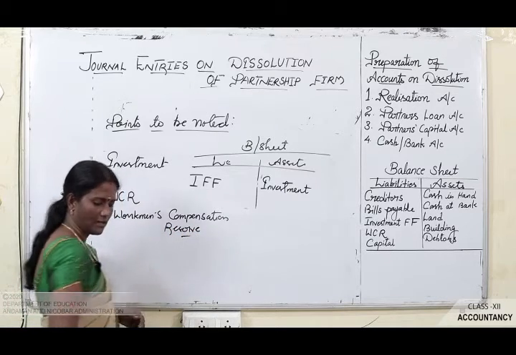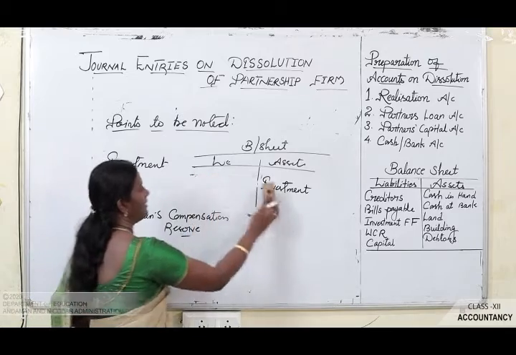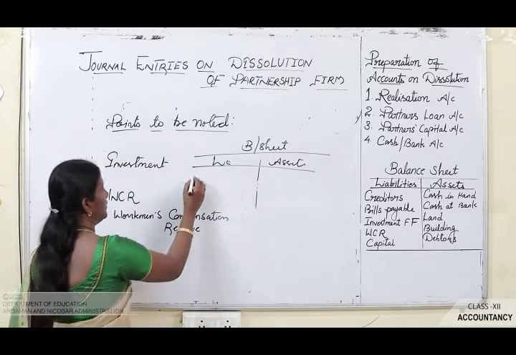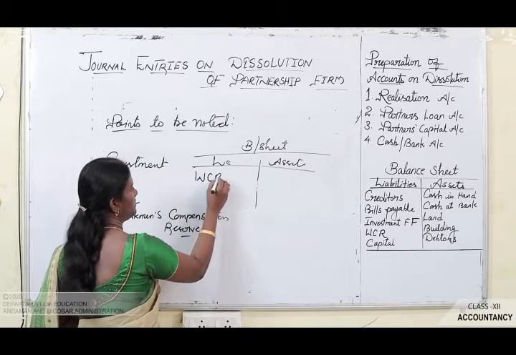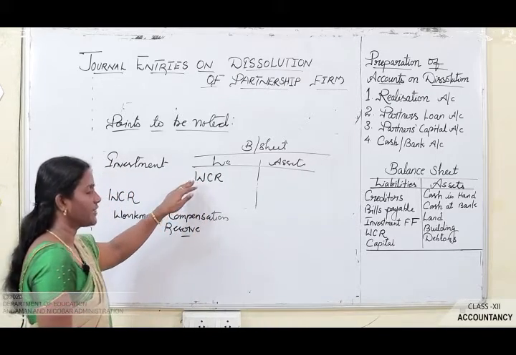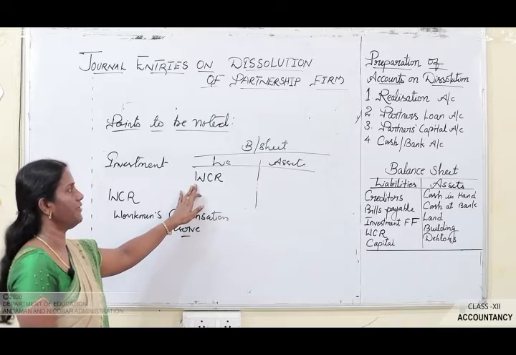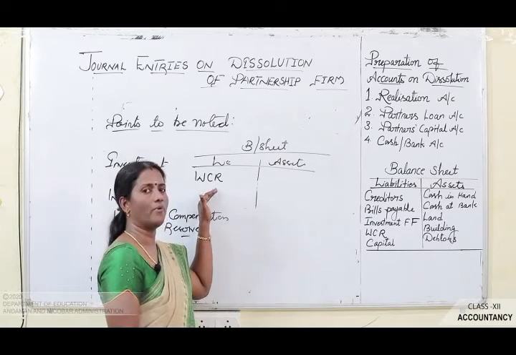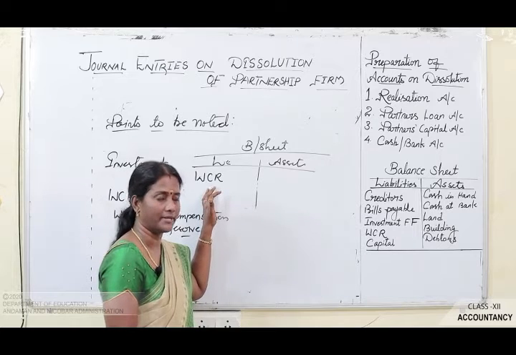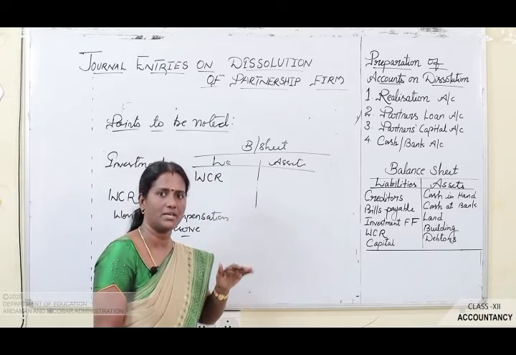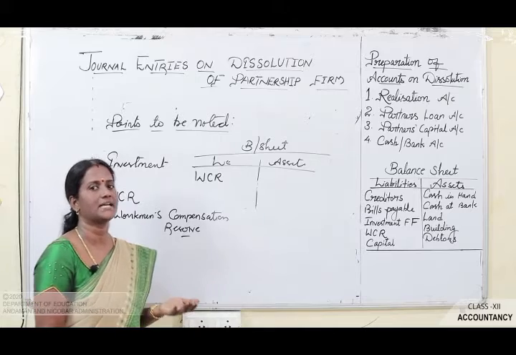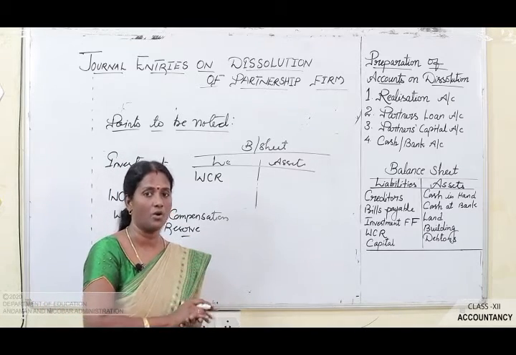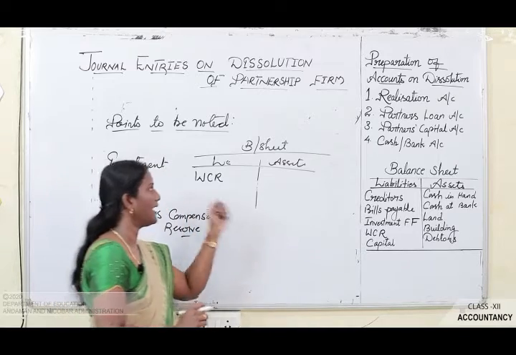reserve जो कि आपका बैलेंस शीट में लाइबिलिटी साइड में रहता है, वर्कमैन compensation reserve। So if workman compensation reserve is given, you have to see whether any claim is there with regard to workman compensation reserve or not। अगर ये workman compensation reserve दिए हैं तो definitely maximum chances are there कि वो एक liability, वहाँ पे एक liability भी उसका create हुआ होगा। अगर liability है तो you have to